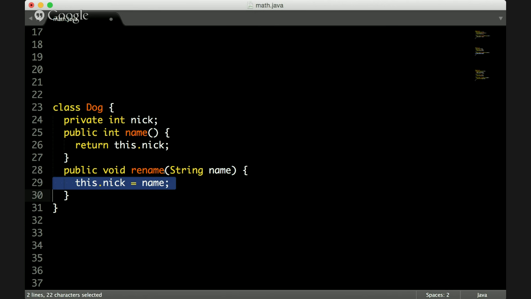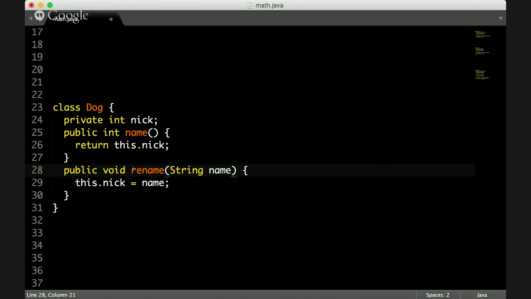But it's not just about the implementation here, because it's exactly the same. It's about how you see me interacting with you. You are not seeing me as a bag of data which is ready for your pen or your name or your data to be injected into me. Instead, I'm someone who knows what to do, who understands what the data are about. So I understand that you want me to rename myself, to change my name. You don't just go into my brain and change the name over there, paying no attention to who I am and what I'm doing, whether I'm a dog or not. You don't just set the name into me. Instead, you're asking me in a more polite and respectful way to rename myself.